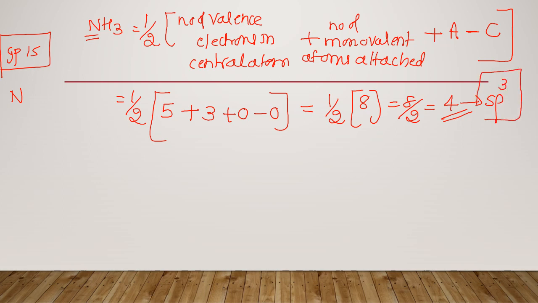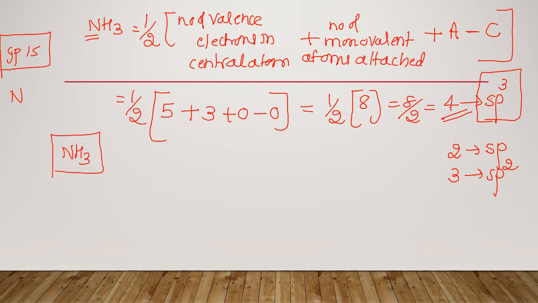Why do we have to consider sp3? Because we have got the value as 4. If it is 4, that indicates there are 4 orbitals. One is s and 3 p orbitals. If you get the value as 2, then the type of hybridization is sp. If you get the value as 3, then the type of hybridization is sp2. Okay, so like it goes. So we have got 4 for ammonia. Therefore, the type of hybridization is sp3. So now, ammonia has got sp3 type of hybridization.